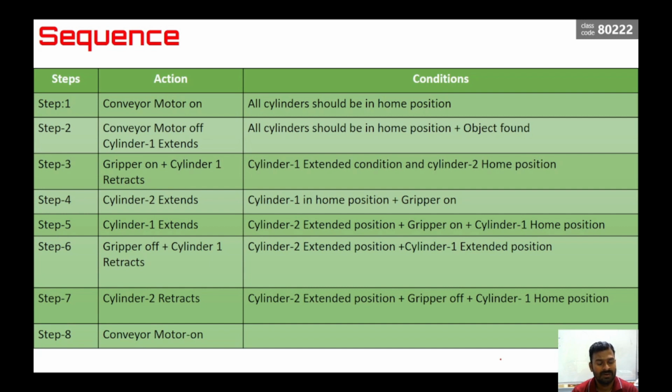In step 3, we need to turn on the gripper 1 so that it can hold the object, and cylinder 1 should retract. So that means in step 2, we have extended the cylinder. That means it is going to move from top to bottom, and it is going to open the gripper and hold the object in the second step. And when we are doing the third step, the gripper is on and cylinder 1 is going to retract. So it is going to pick the object and go to the home position itself. Now once this operation is done,